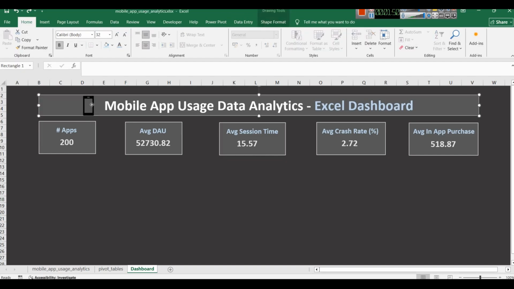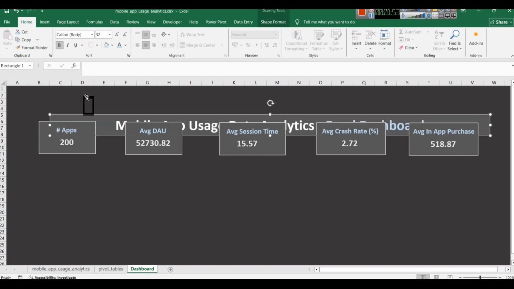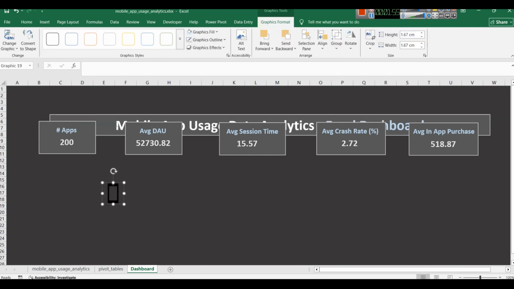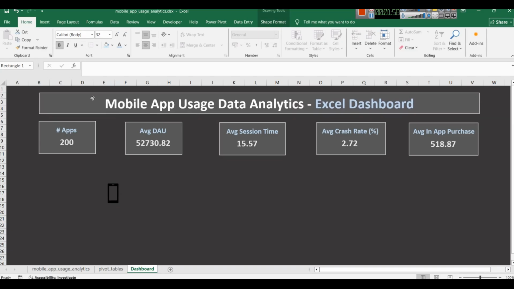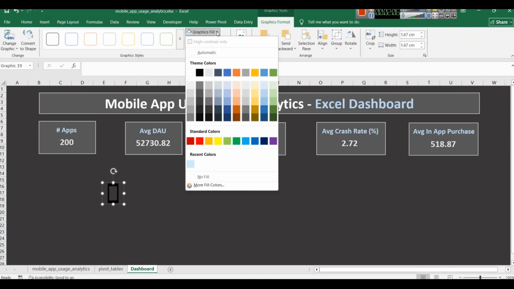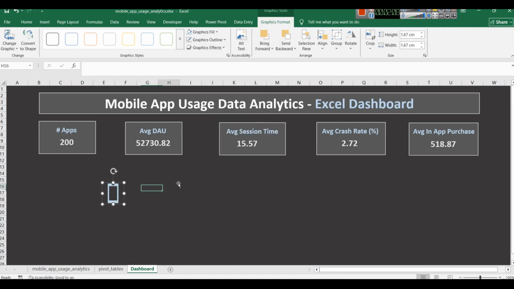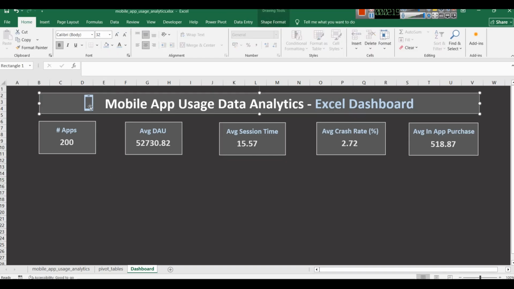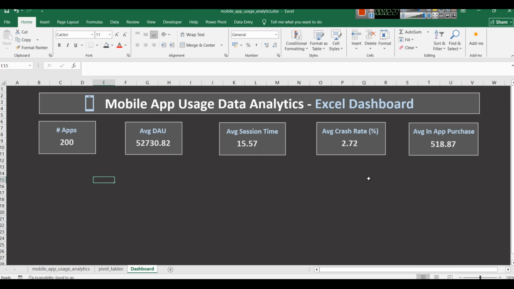And for this mobile icon also we can, because this icon color is there, I don't know why I'm not able to select. Okay, now I am, was weird. So now we can select this mobile icon, and for this also this is graphics format. So in graphics you can use some color, for example like this. And then you can paste it here along with your headings representing that this is some mobile app usage data. And for your KPIs, like for example number of apps, daily average user, if you want you can add some